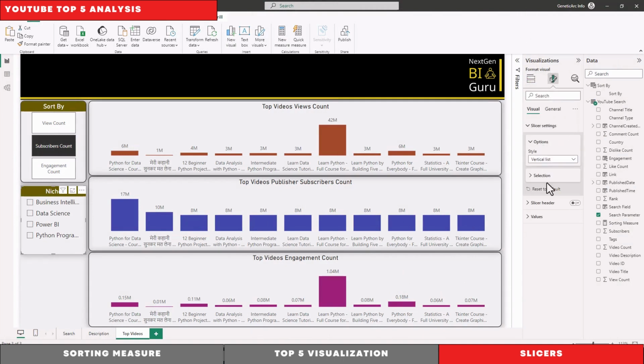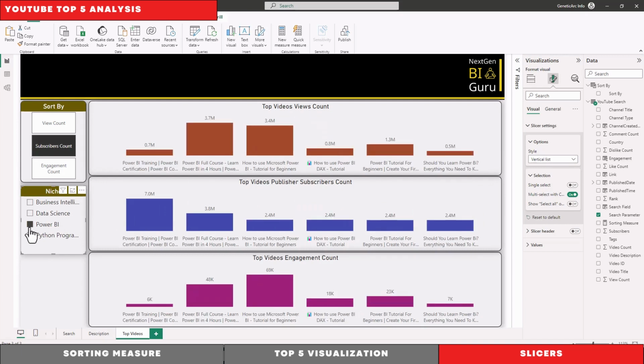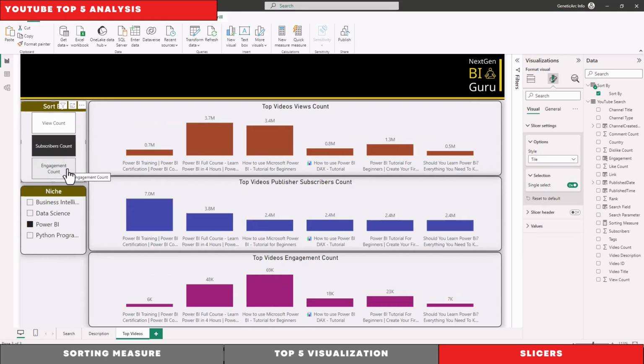I just kept it as is, vertical, and allow multi-select. So now if you select a specific niche, for example business intelligence, it will filter only the videos for business intelligence. Same for Power BI. And if you want to sort them by view count, you click on this one. Subscribers count, you click on this one, and so on.